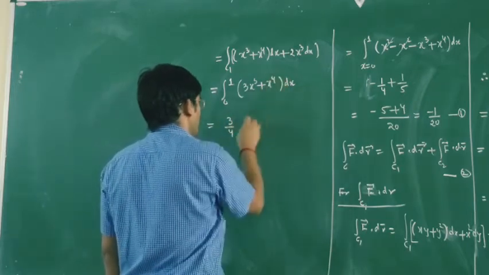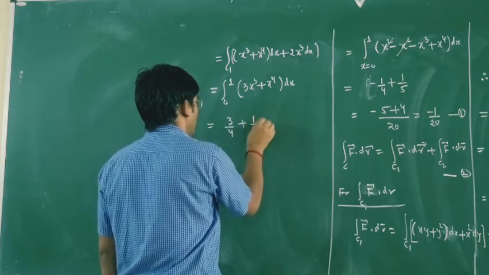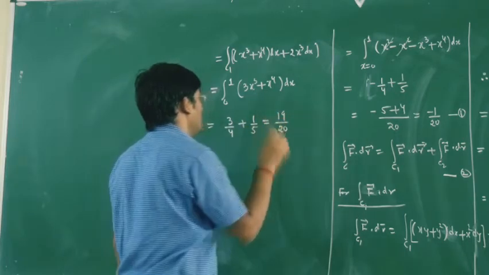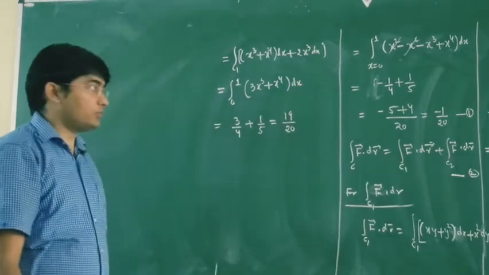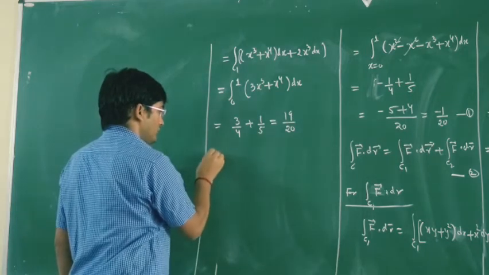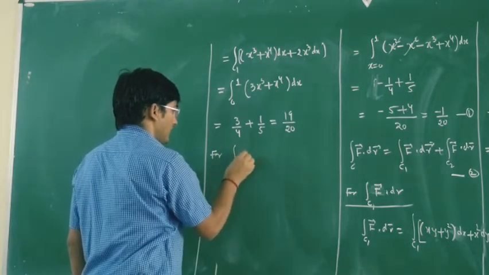Integration of x power 4 will be x power 5 upon 5, so we have 1.5. And this is your 19 upon 20. So the value of C1 is 19 upon 20. Now again, for the integral over C2 of F dot dr,